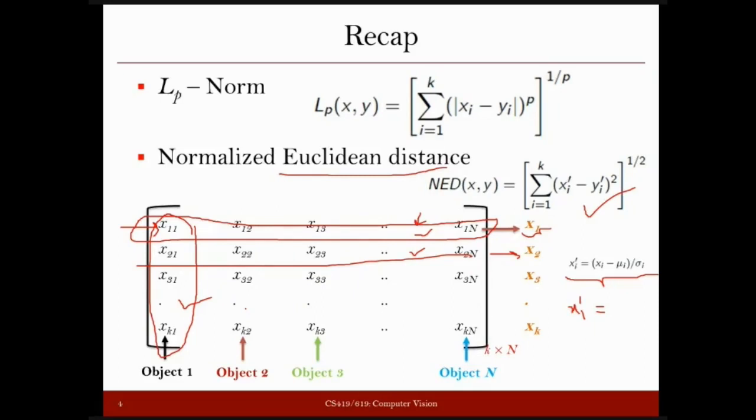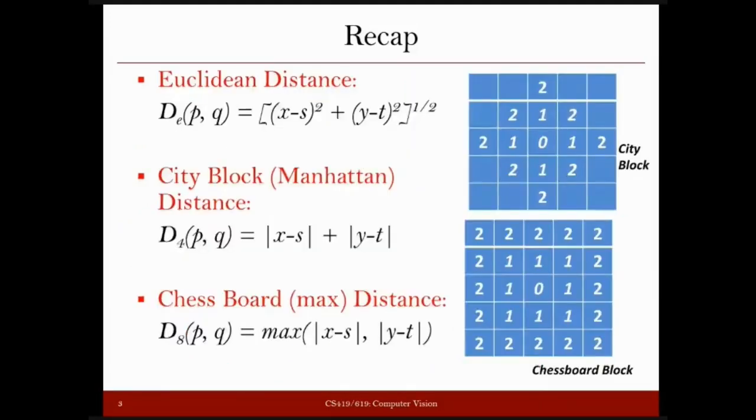So please remember, whenever you are going to compare any training sample with the test sample, the test sample also needs to be normalized. And obviously, when you keep these values in memory, we normalize them, and then only we store them. Okay. Fine. One more thing, let's just discuss here.